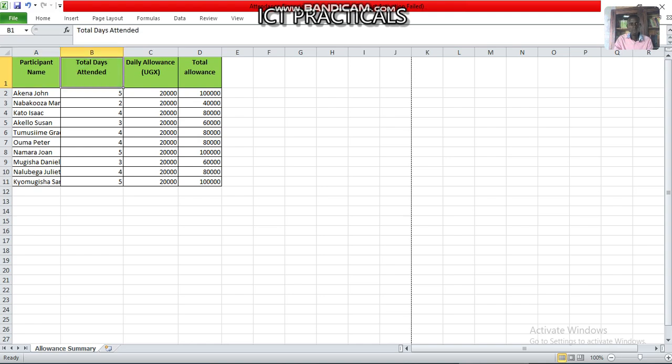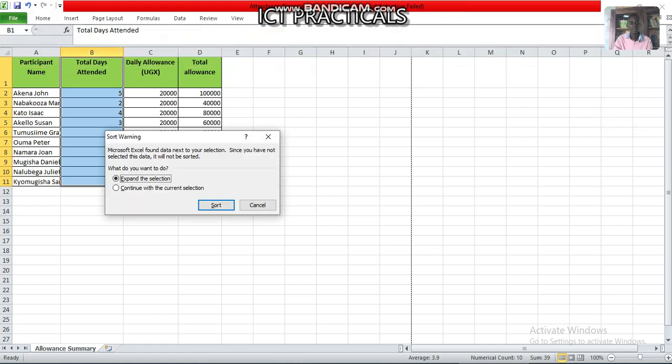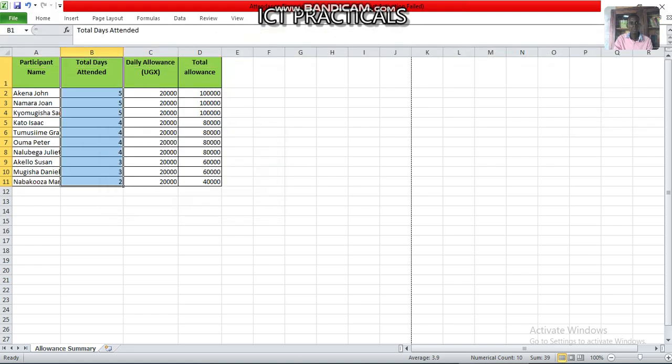I sort from the biggest to the smallest. So I go to the home button, I go to sort. I sort from largest to smallest. So I click here, sort. So after doing that,